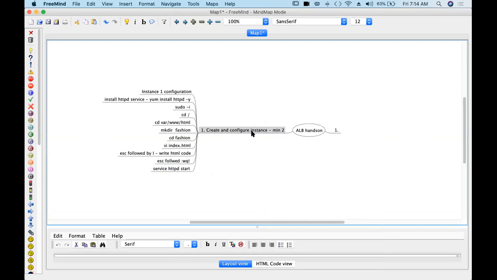You have to create two instances, and then connect your instance 1, install HTTPD. If you have already done these things, you can directly go to HTML. You have to create this directory. This is very important. Why? This is path based routing. That path has to be there in your server, right? Whatever name you wish to use in your path. So the example I took is e-commerce example. I am saying slash fashion, slash electronics.